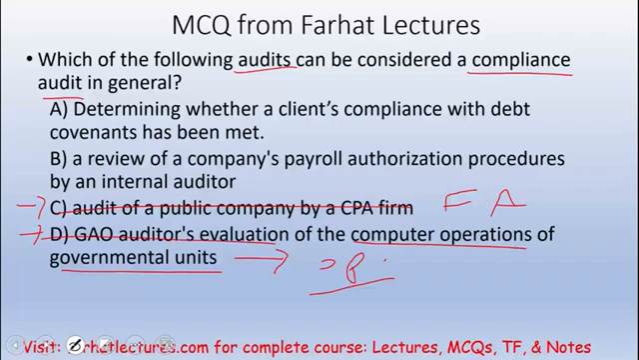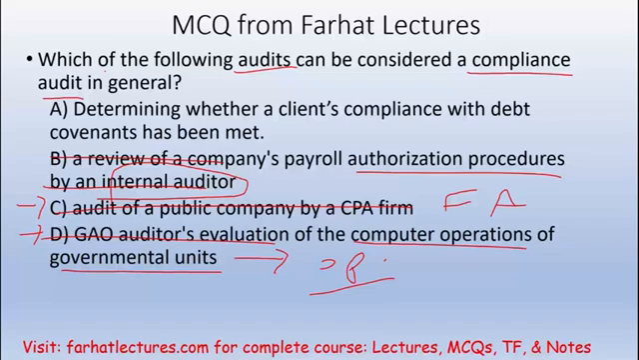Let's look at B first. A review of the company's payroll authorization procedures by an internal auditor. Well, we learned that a lot of compliance work could be done by internal auditors. But is this a compliance audit? No, this is not a compliance audit. For a compliance audit, you have to have an outside authority. All you're looking at is the payroll authorization procedures. It's some sort of an operational function within the company. So B is out. By process of elimination, A is the answer, but let's see if A is indeed the